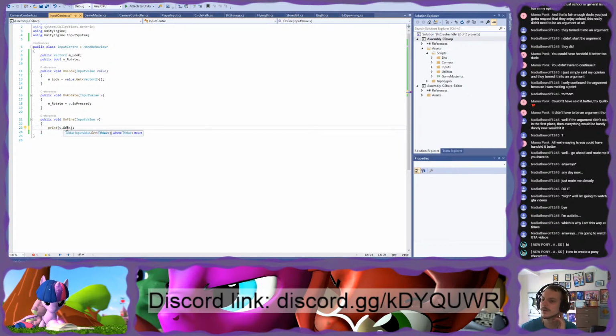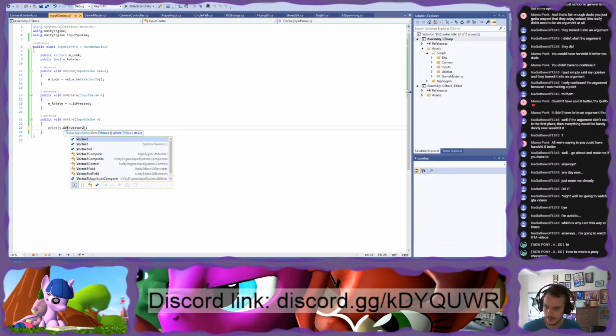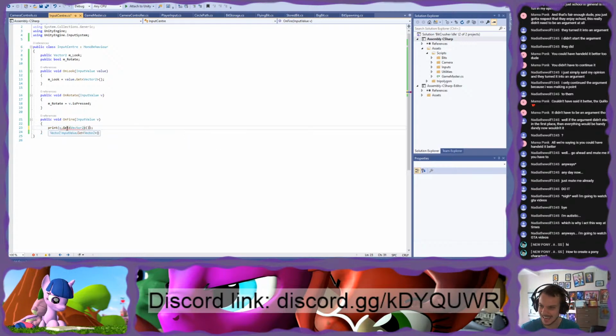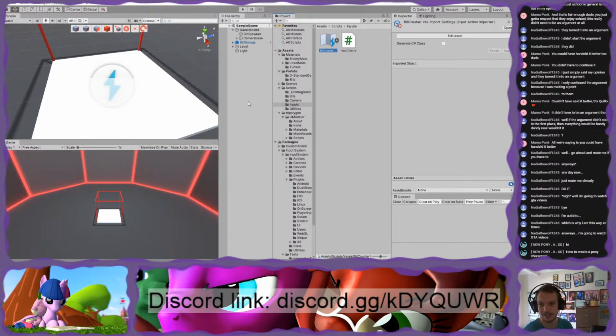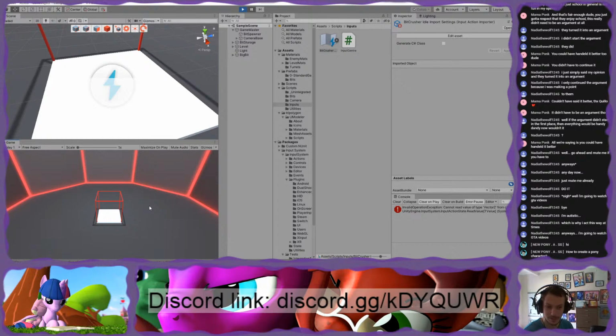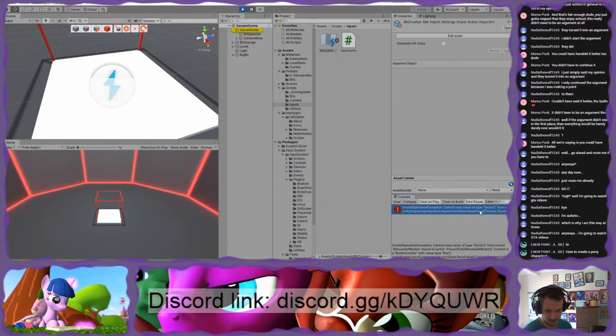Can I do Vector2? Is that a thing? Yeah, see? I don't know how to create a pony character. I don't know how to do that. Especially not if you're asking for how to do a 3D pony character, because I am not a modeler. Okay. Value type of float? What? Okay,